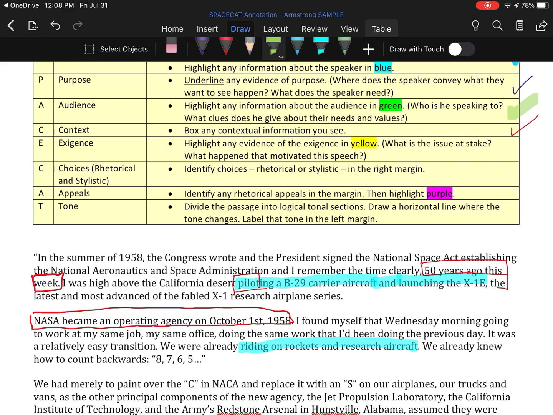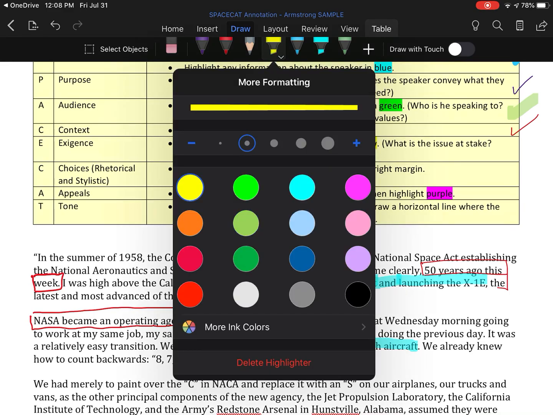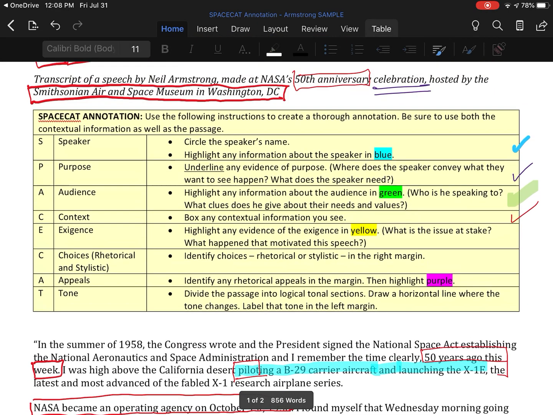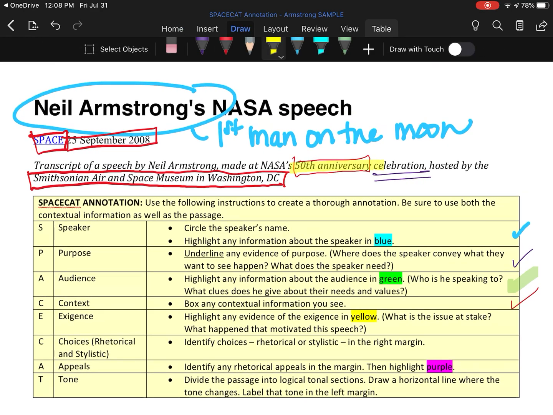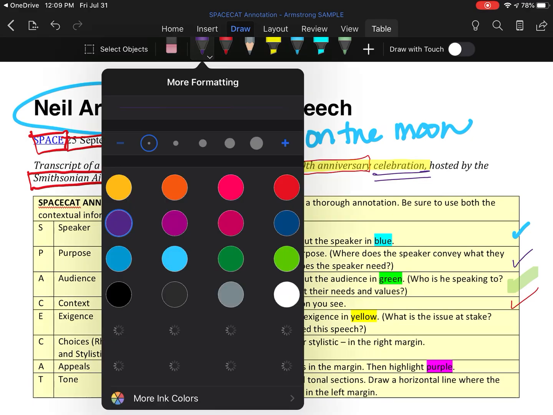exigence. For this one, it wants us to highlight, so let me switch to yellow. And I think the exigence is pretty straightforward. It's right here. It's the 50th anniversary celebration, right? That's the moment, event, whatever, that's inspiring this speech to be given. And then knowing that,